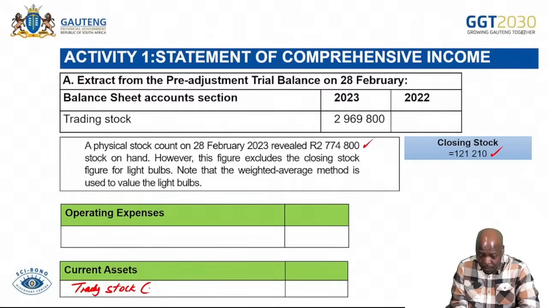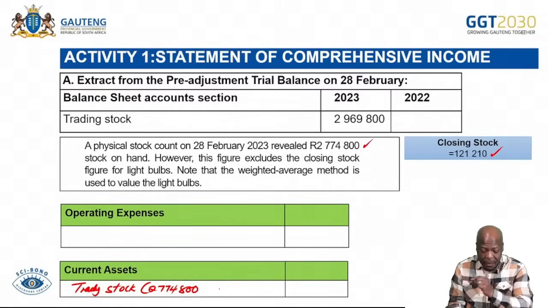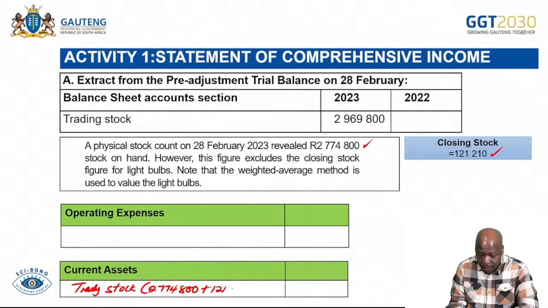So here it is, 2,774,800. And then we discovered that there was some stock that was not recorded. So we'd come here, then would say plus how much? 121,210. And then we are then told that